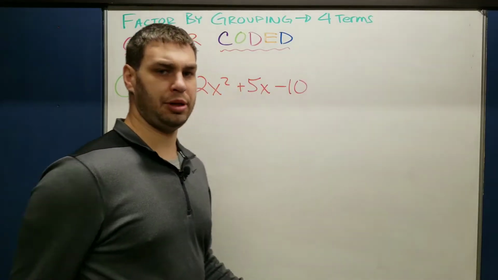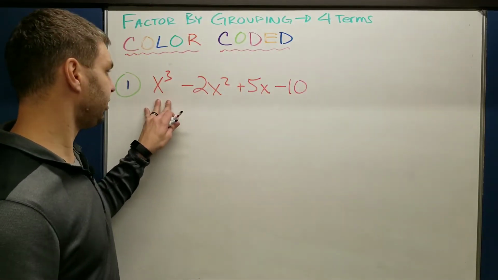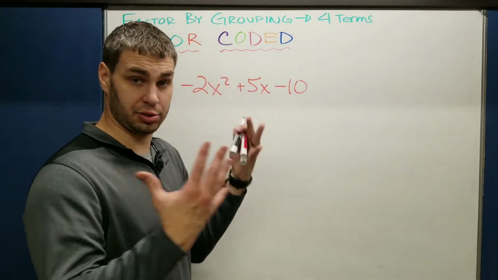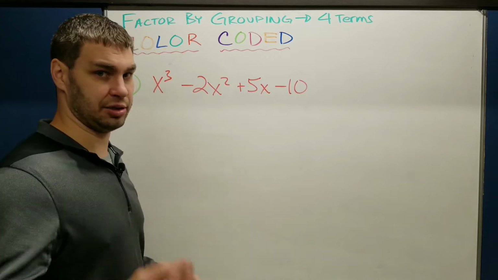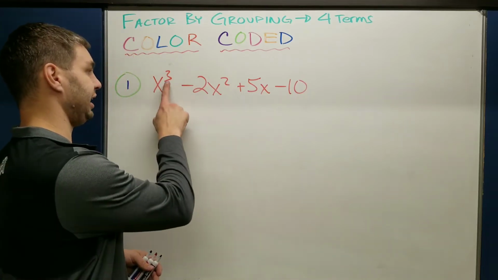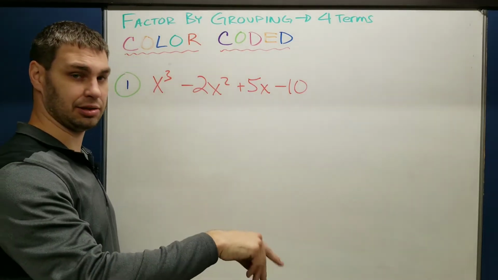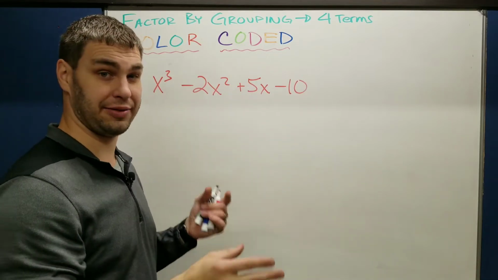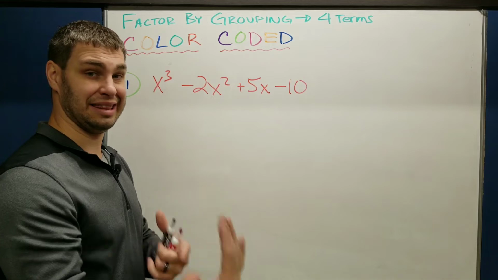All right, start with our easy problem here. This is number 1. We have x to the 3rd power minus 2x squared plus 5x minus 10. Now, before we can do the grouping, we need to make sure this is in the right order. And the order depends on the exponents. So it should go in descending order. In other words, 3, 2, 1, none. All right, if it's in that order, you did it right. If it's not, you might have to put it in the right order, and then you should be able to